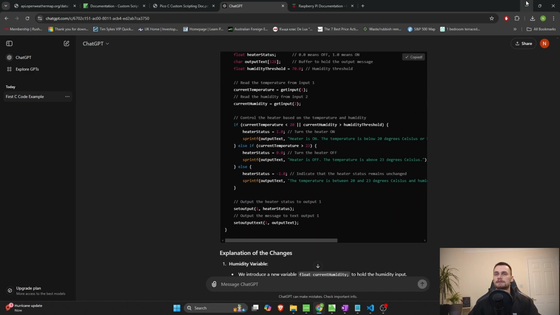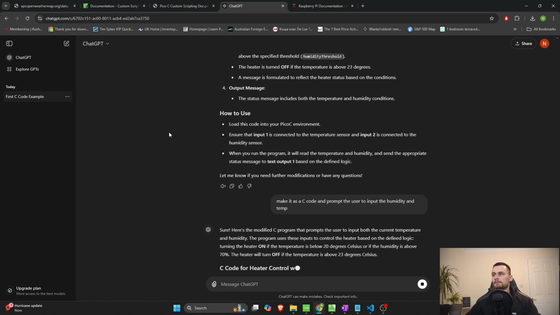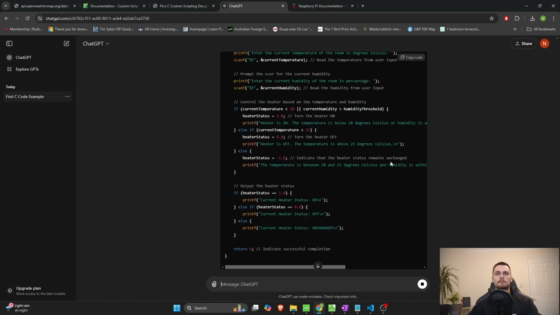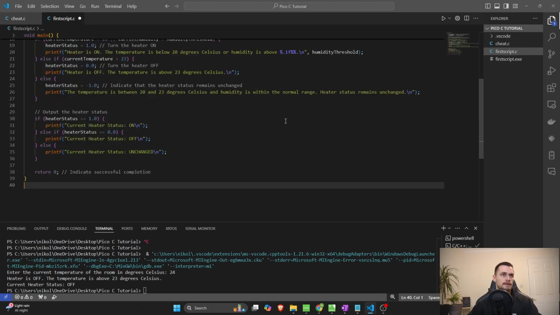I'll copy this, actually make it as a C code and ask the user to input the humidity and temperature. As it goes through, it's going to give it that information, copy it in, go back here, paste it,